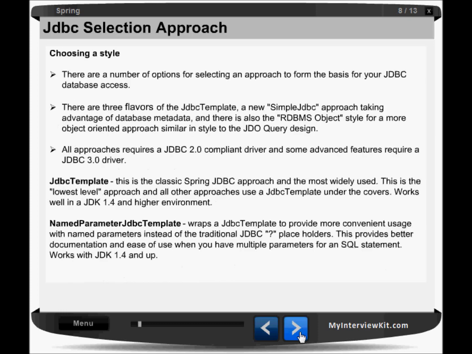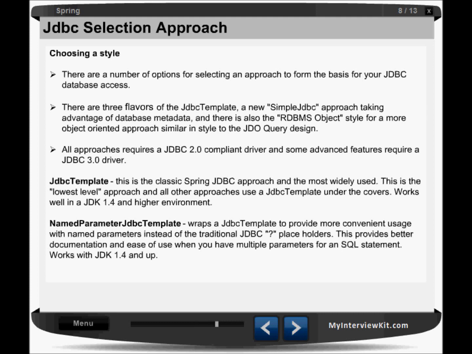Now, choosing a style. Here we have several options in JDBC, as I said: JDBC template, named parameter JDBC template. There are a number of options for selecting an approach to form the basis for your JDBC database access. There are three flavors of the JDBC template.